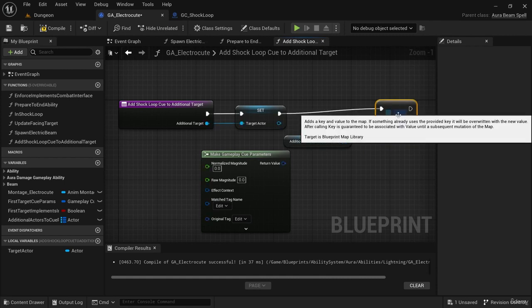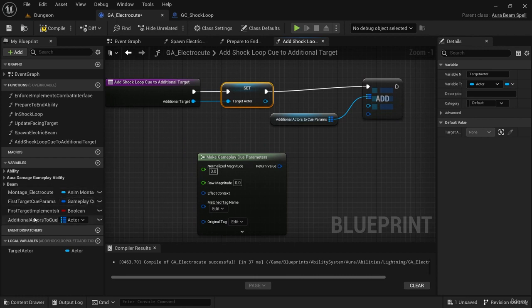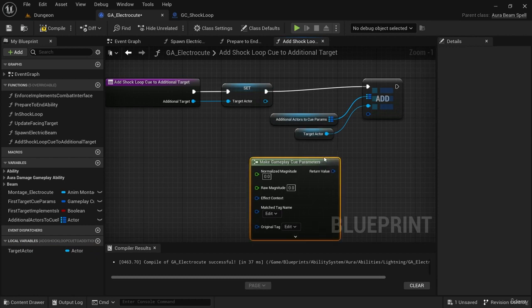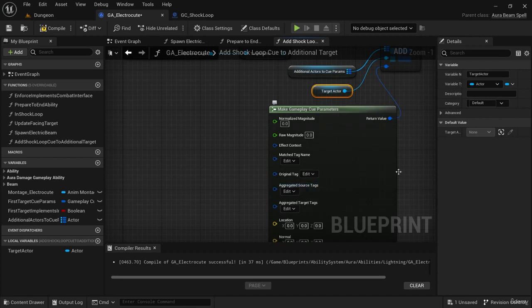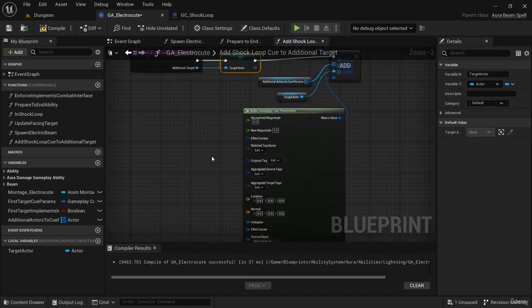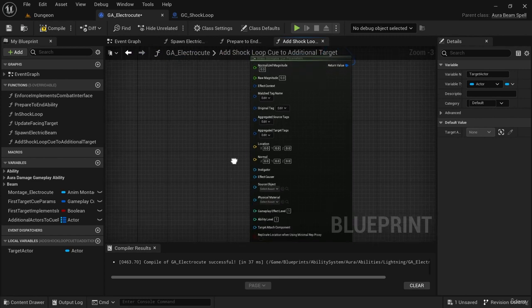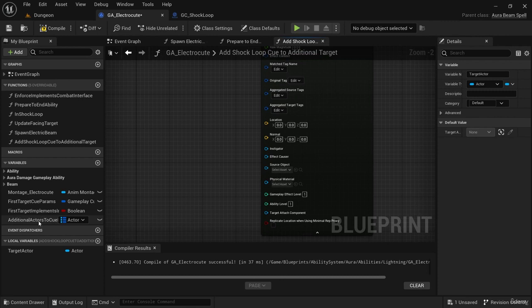And I'm going to add the target actor, this, right? So I made that a variable. That's going to be the key. And our cue params is going to be the value. Now we need to set some of these cue params, and the target itself, the target actor, is going to be the source object. So not just mouse hit actor this time,